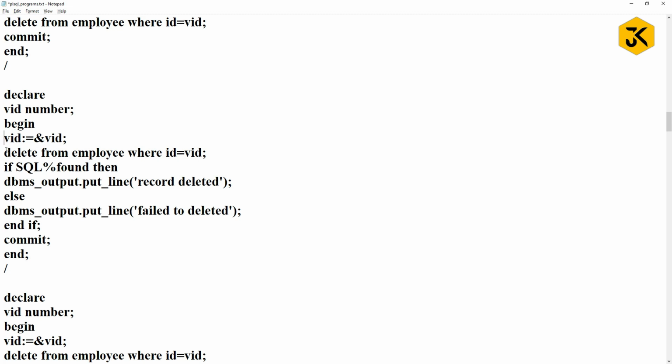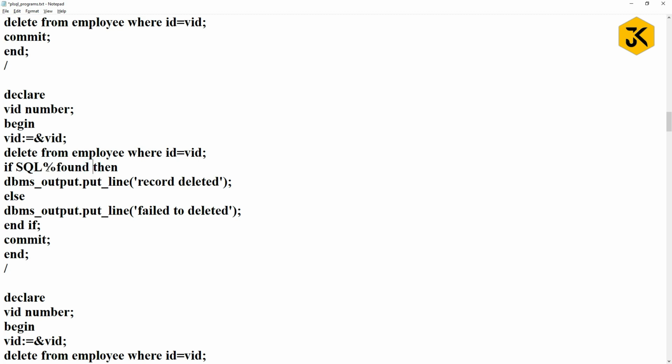Then with respect to that ID number, I am going to delete the record, and if it matches, it is going to return a count, at least one, right? If it is found,